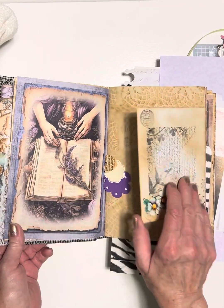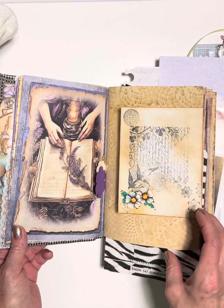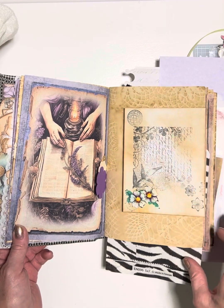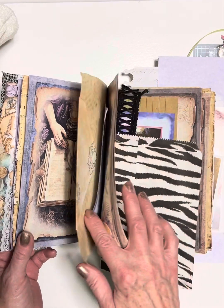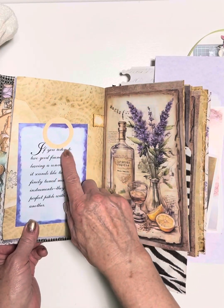And I just love the different, this has a little card inside, and I'm going to put actually a flower on there. And I've just been adding little things. I think I might stamp some purple words or something there. I like some little sayings. If you listen to,